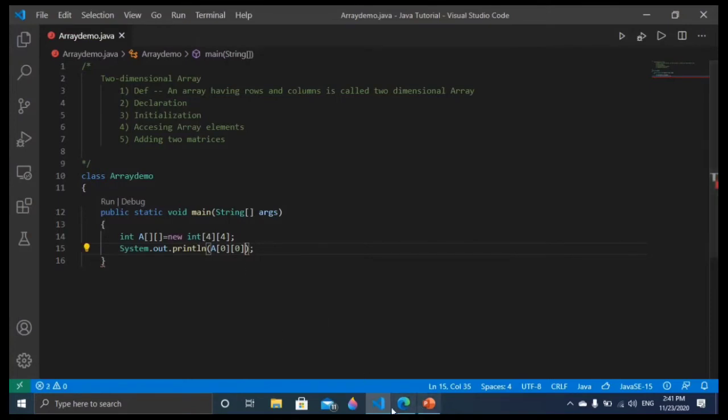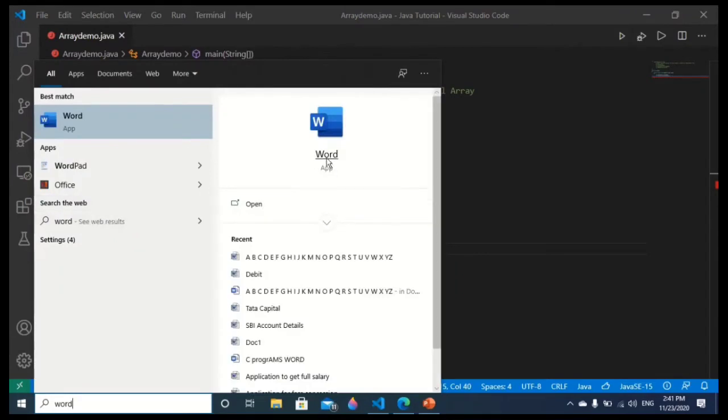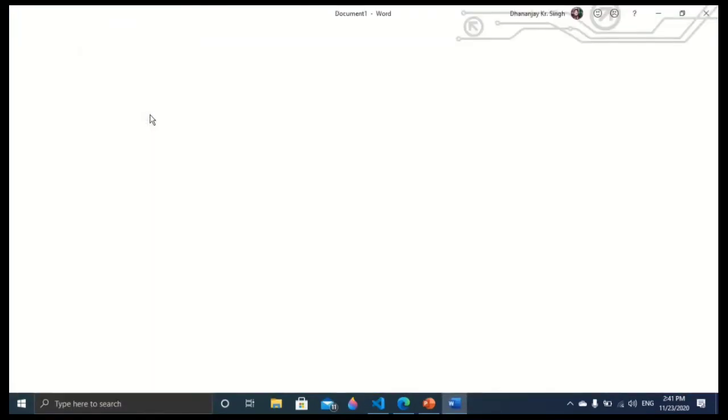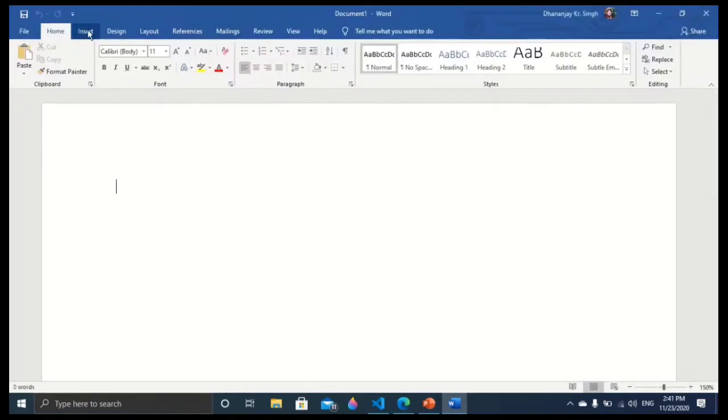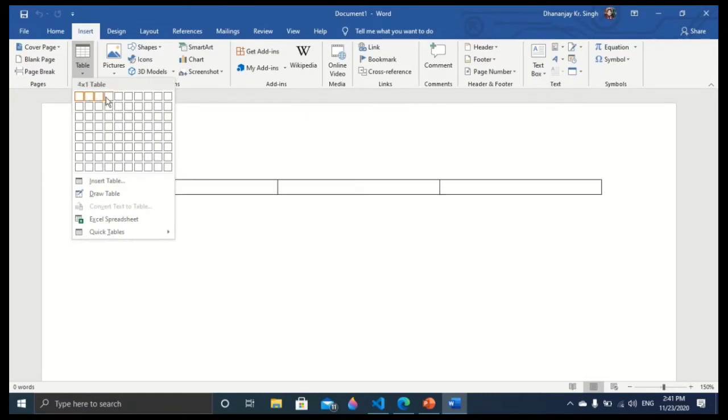So you can understand 0 0 like this. Suppose, let me show you, friends, just a minute. I am going to open Word and then I will show you. It stores in tabular format. Suppose I have given 4 by 4.